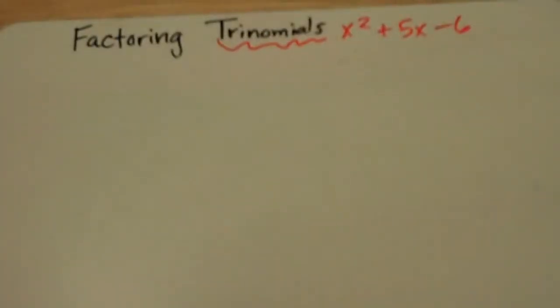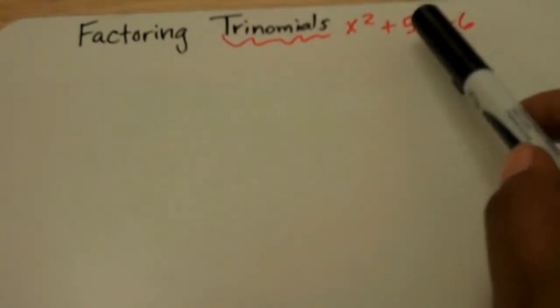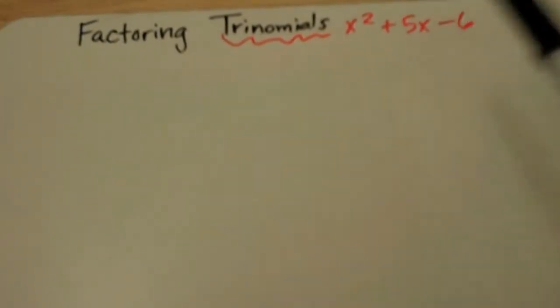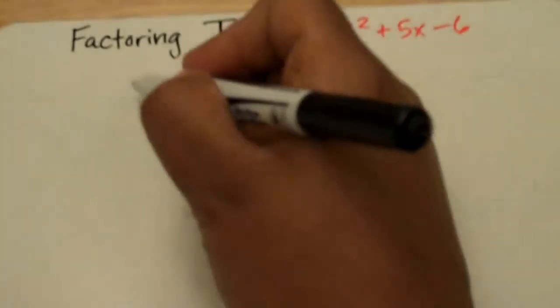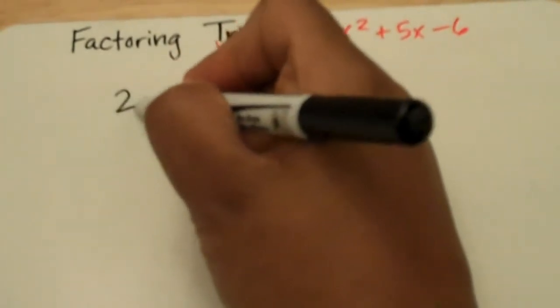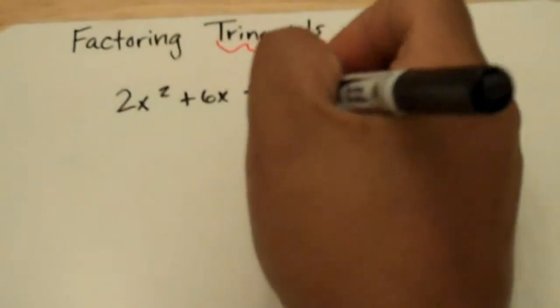So we are factoring some trinomials again, and trinomials just mean three-term expressions. So x squared is one term, 5x is one term, minus 6 is another term. So that's three terms. Tri, like a tricycle, three wheels, three terms, trinomials. So first, when you see a trinomial, so let's say we have 2x squared plus 6x plus 4, you want